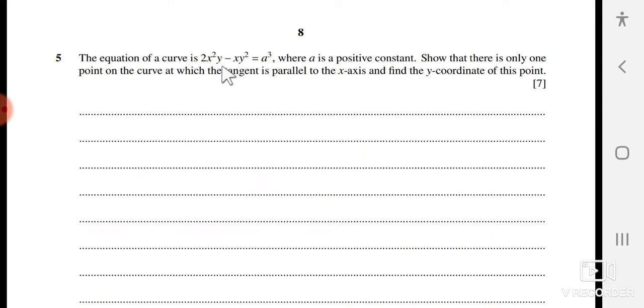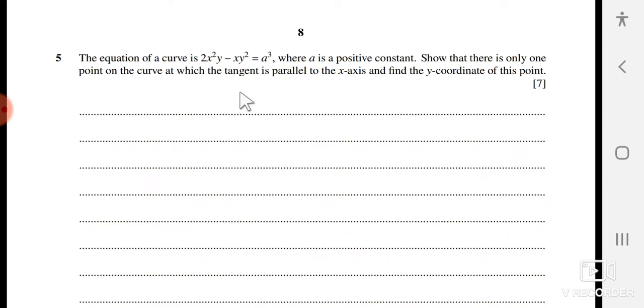Implicit equation rule means you will use the product rule for this. The derivative of this becomes 4xy plus 2x square dy dx, minus, the same way for this, 1y square plus, in the bracket, x and then 2y and then dy dx, is equal to 0 as a is constant, and then you will simplify, you will have the